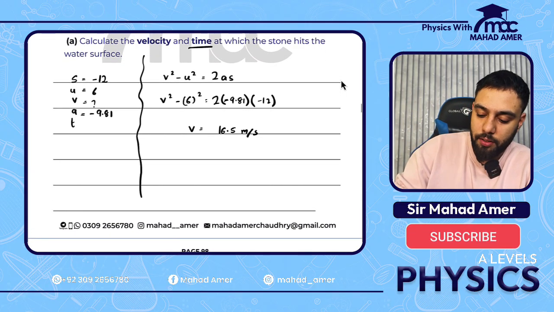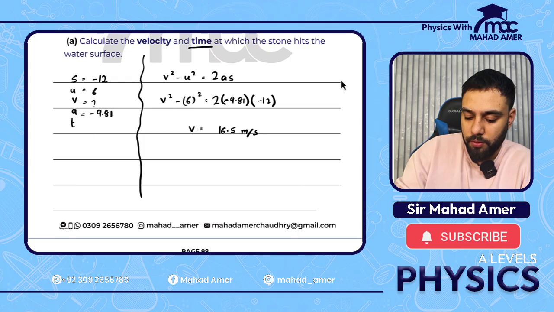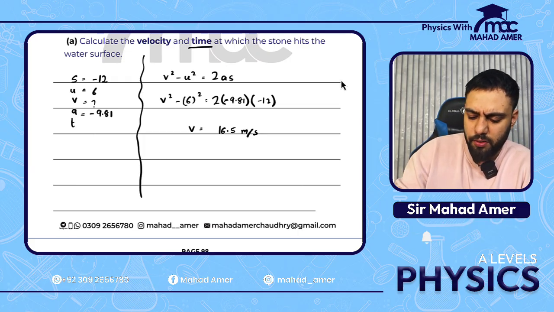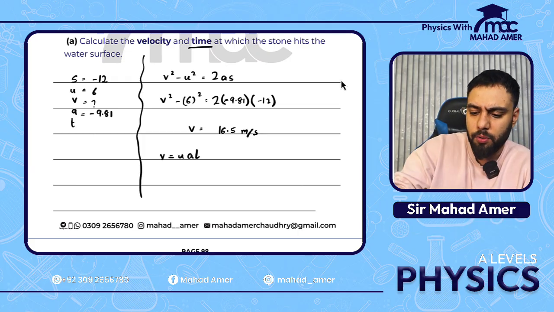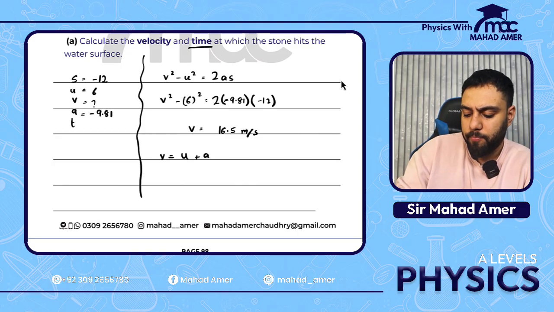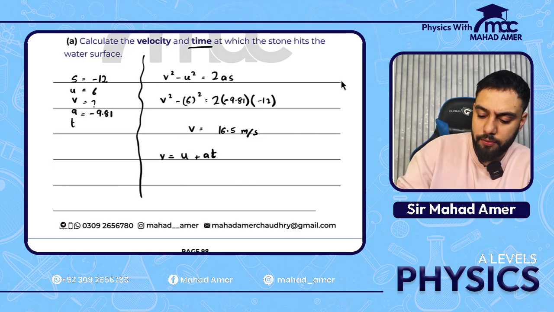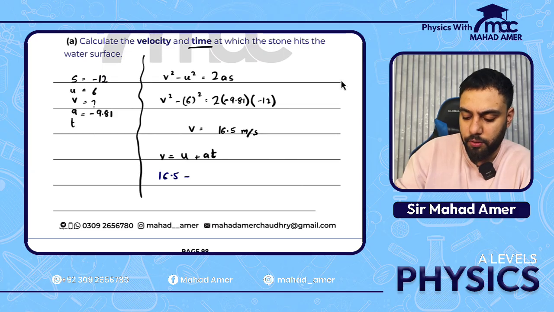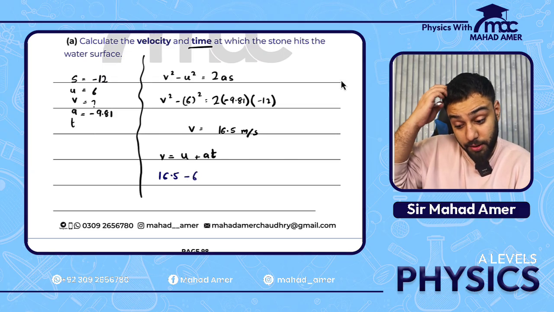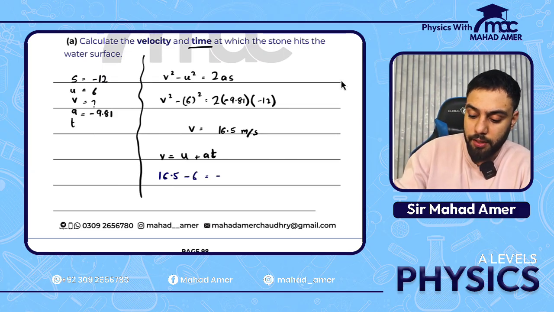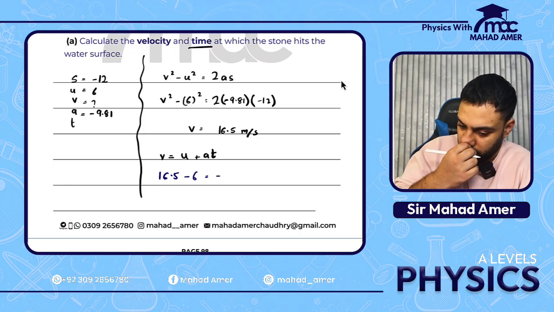That time is needed. So I can use v again: v equals u plus at. Anything can be used now. So final velocity I already have, that's 16.5. Initially it was 6, so it would be subtracted on this side. Acceleration I'll take as 9.81. So velocity value,